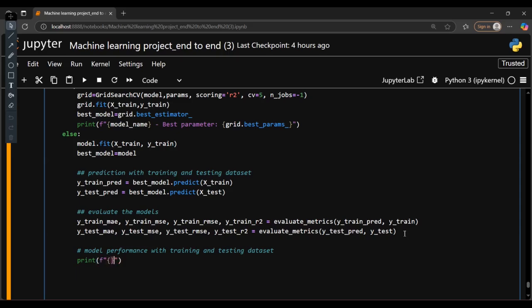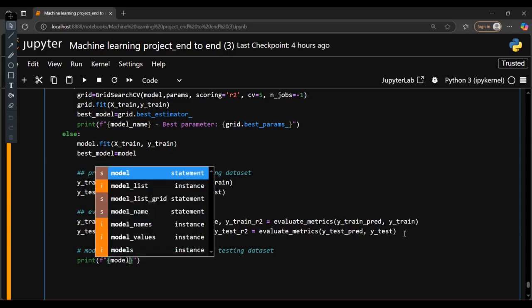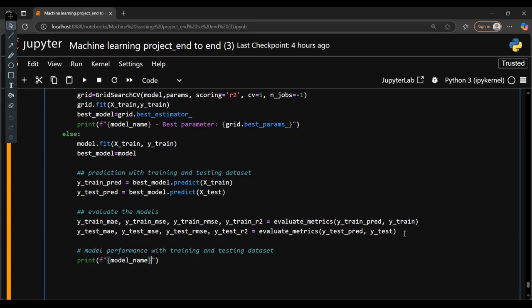I would like to have the model name, which is my model name. The first is the R2 train with respect to R2 train, y_train R2